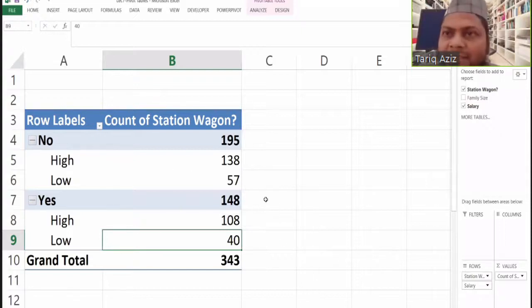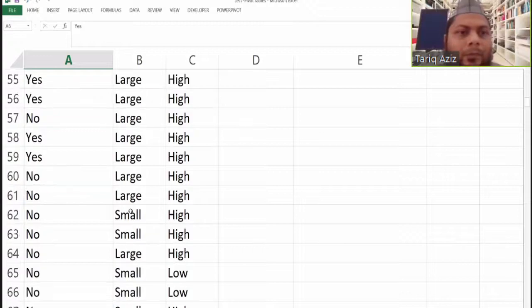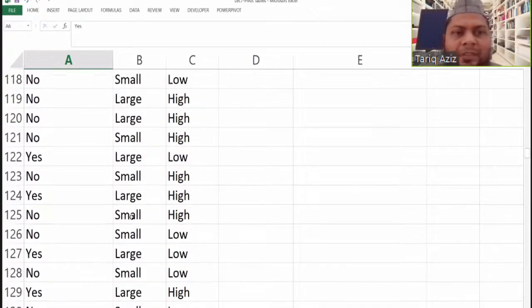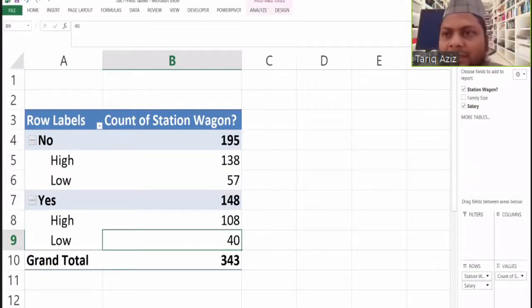I mean, this is processed data. This is how we are processing. We are presenting the data in an understandable form. But if you look at the raw data, it is this. So it is very difficult to draw any conclusion from the raw data unless we tabulate it in a useful format. So in this case, the pivot table feature of most spreadsheet software helps us in tabulating a large data so that we can draw some conclusions out of that data.